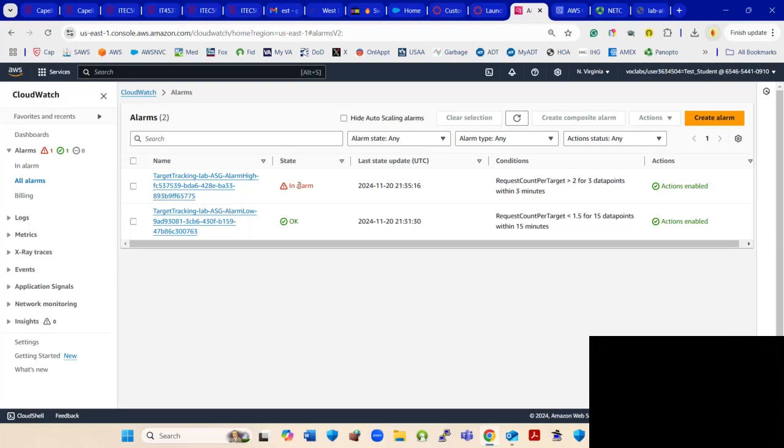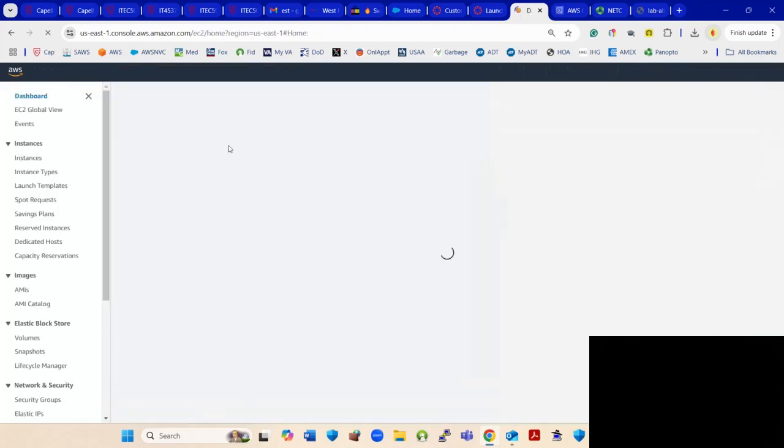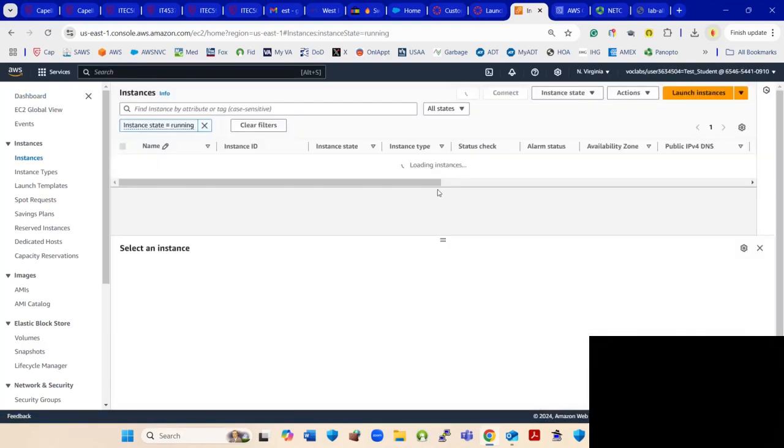You got to give it time for the alarm to kick in. Once you see that the alarm goes red, you know that your auto scaling solution is working. I mean, I don't even have to go in there and check the instances. I should see 4 instances now. If I go to EC2, see, I got 4 instances running